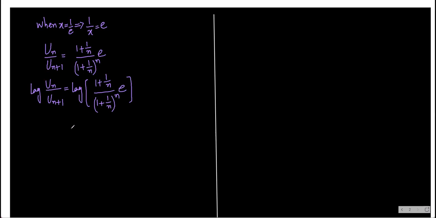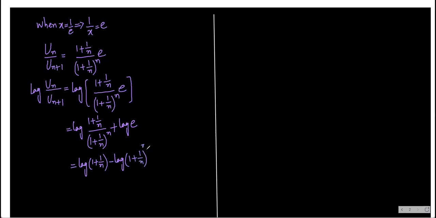First, the log a into b formula: log of this complete (1 plus 1 by n) by (1 plus 1 by n) whole power n is log a plus log b, that is log e. Again we have one more formula, log a by b format. We write log a minus log b: log a minus log b, (1 plus 1 by n) whole power n, and that log e